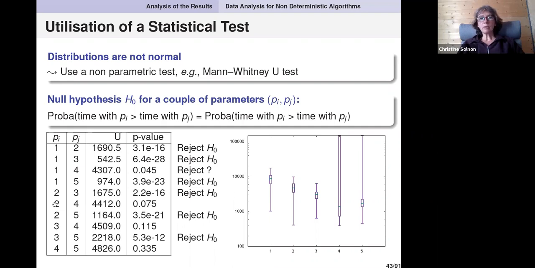This means that 2 is not significantly different from a statistical point of view from 4. But when I look at the actual distribution given by the box plot, this is actually